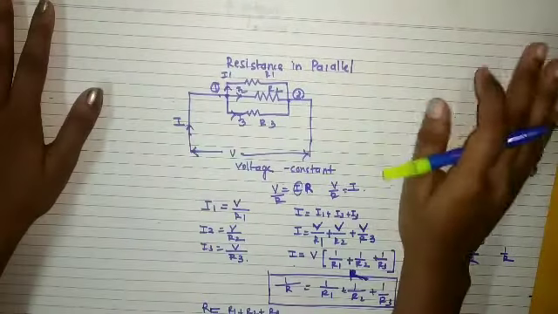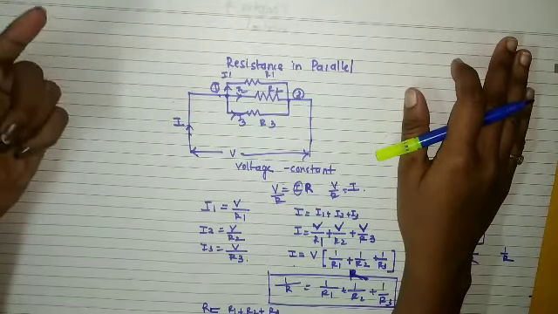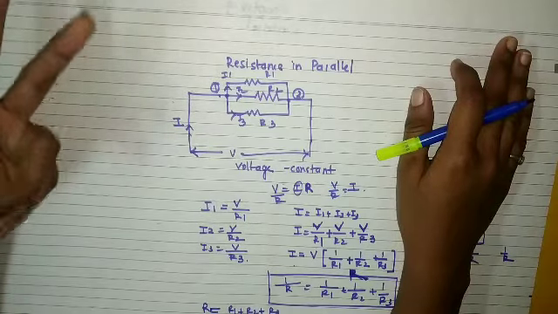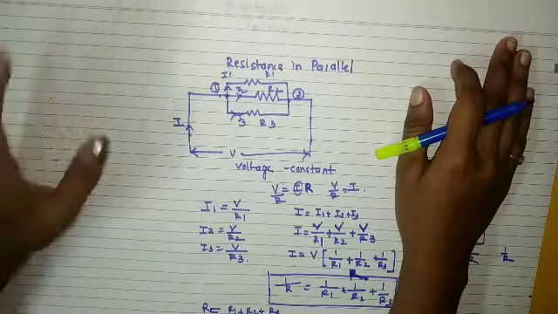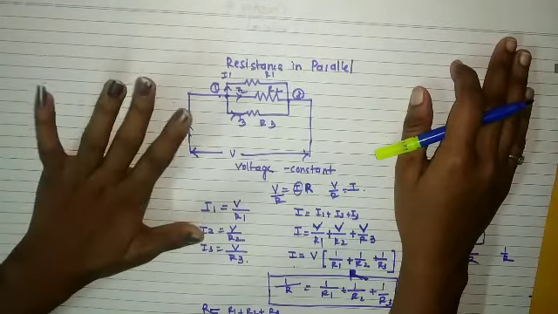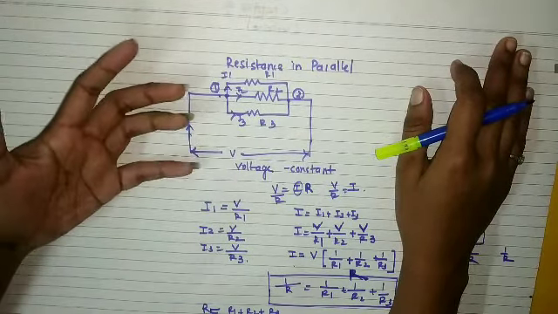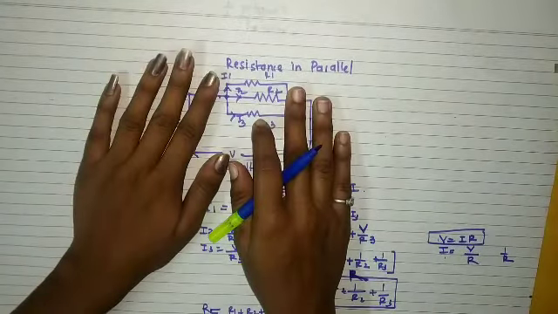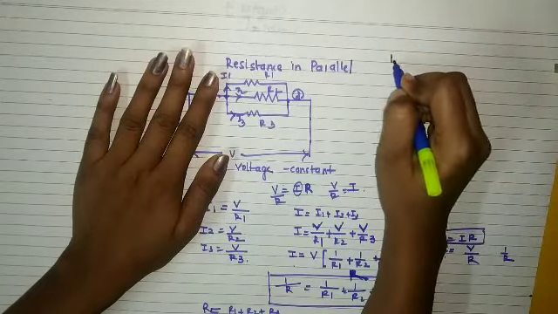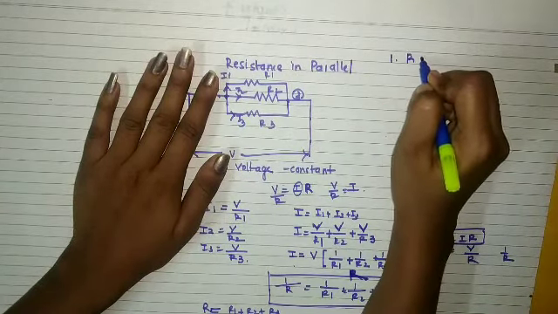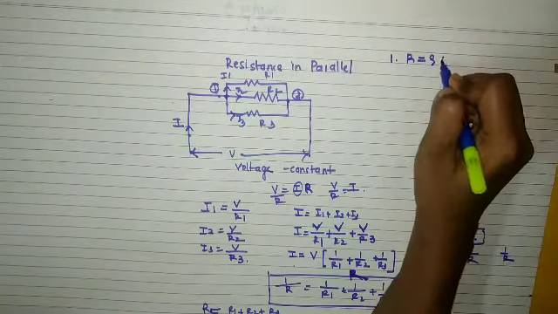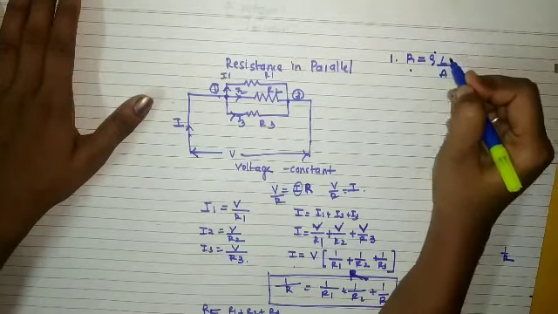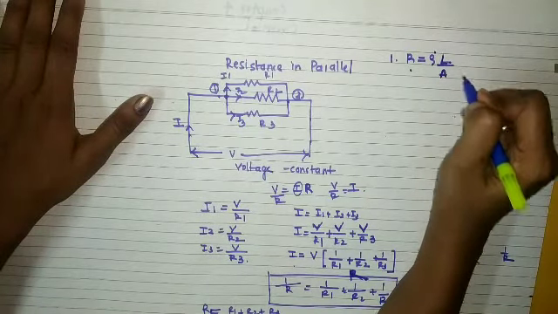In this lecture what we learned: first is the introduction and law of resistance, Ohm's law, resistance in series, and resistance in parallel. We'll start the numericals in the next lecture. What are the formulas that you have to remember? First is the resistance formula, R is equal to rho L upon A, where R is the resistance, rho is resistivity, L is the length, and A is the area of cross section.